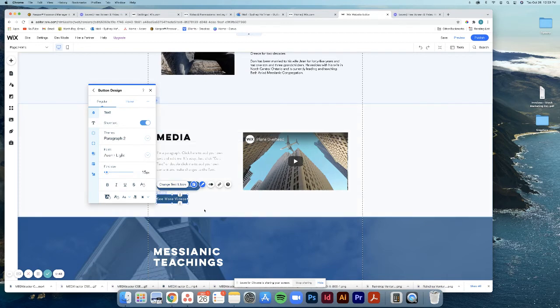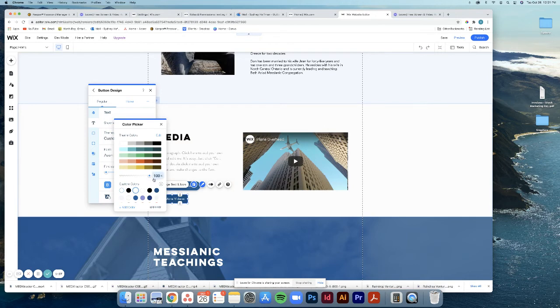The text, you can choose the kind of text. I'm not quite sure what this one is, but we'll just do this for now, but we'll make the text a little smaller. So let's make it 13. There. Okay. Now, you can also bold the text if you'd like. So maybe we'll do that. Italic, underline, whatnot. Then you can change the color of your text. So, we're not going to do that color because you can't see. That's really hard to see. So normally white would be a good color. Now,